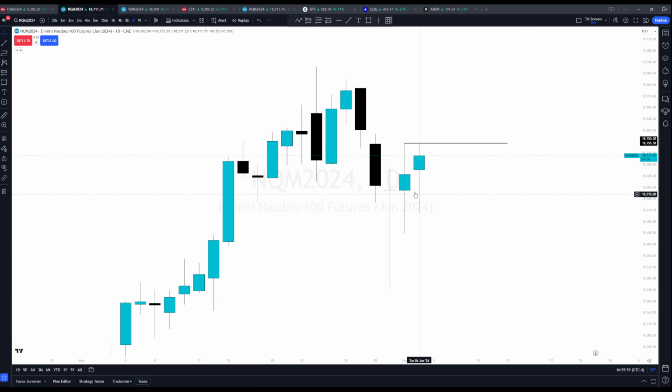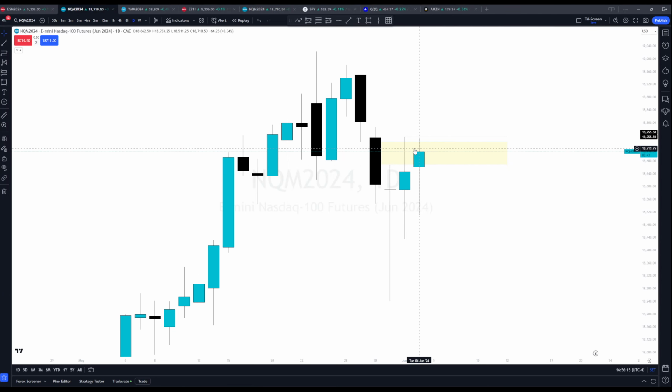But going into the evening and into tomorrow, my higher time frame draw is still Monday's high here, up at 18,755. However, we are still inside this daily FVG, right? We did not inverse it today, but still showing some resistance. But we'll see if we can inverse it tomorrow. We did get back up into the daily VI, volume imbalance, where these two bodies are not touching each other. That is your volume imbalance.